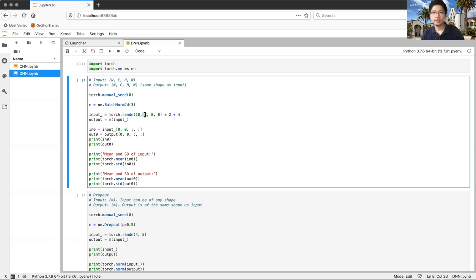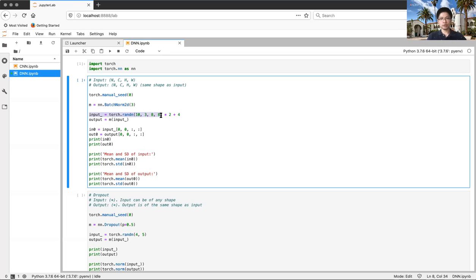This 3 is the number of channels, because a color image has RGB channels, the red, green, and blue channels. Within each channel, there are 8 by 8 pixel numbers. So basically the image is 8 pixels by 8 pixels as the width and height. Okay, so that is how we usually organize image data